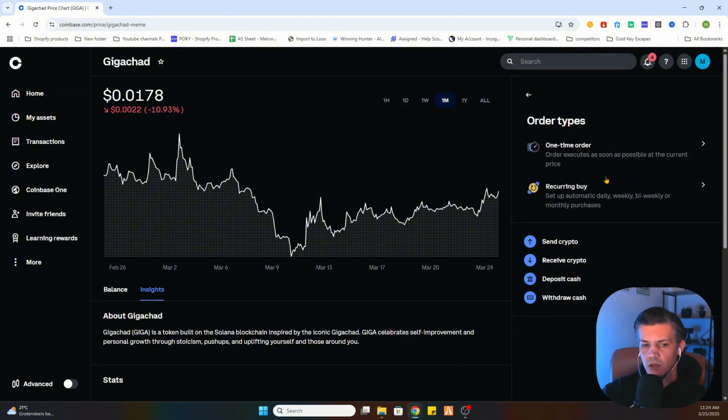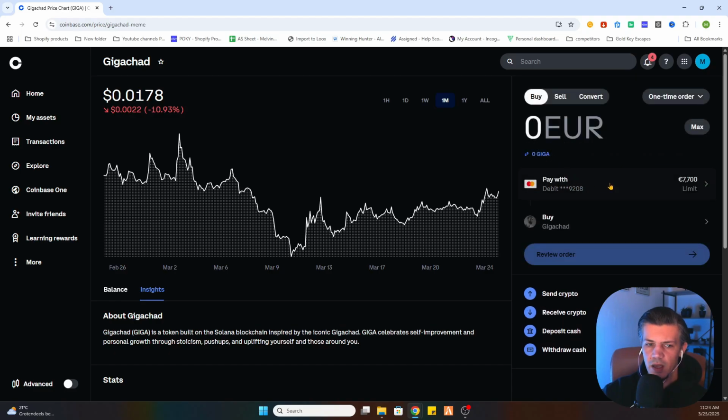And you can also select the recurring buy, and that is if you want to use the DCA strategy and buy this coin multiple times on a daily, weekly or monthly basis. But for now we will select the one-time order, and after that we need to fill in how much we would like to spend. So let's say 1000 euros, and once you have filled that in, we can select the